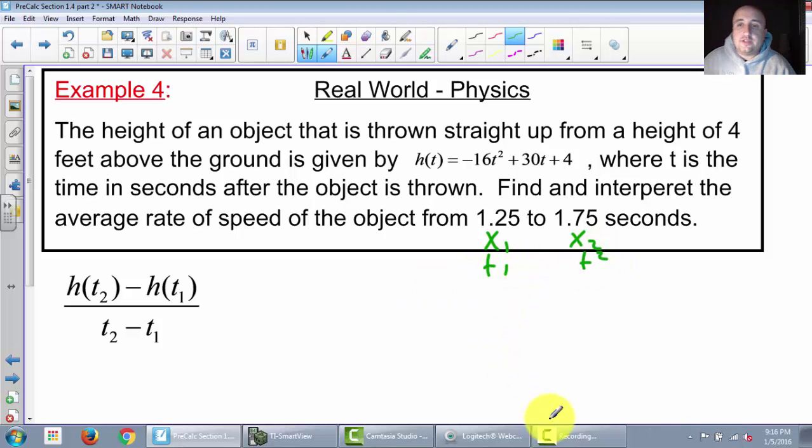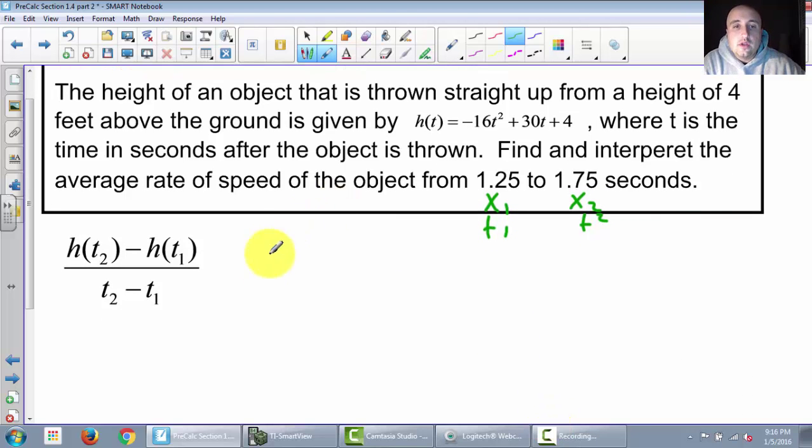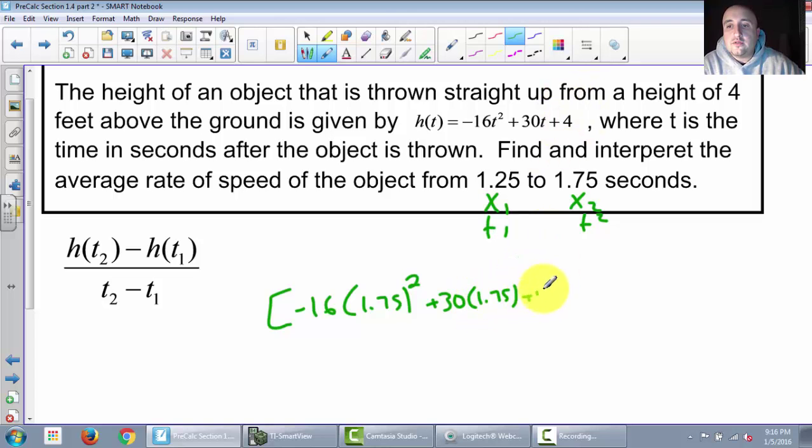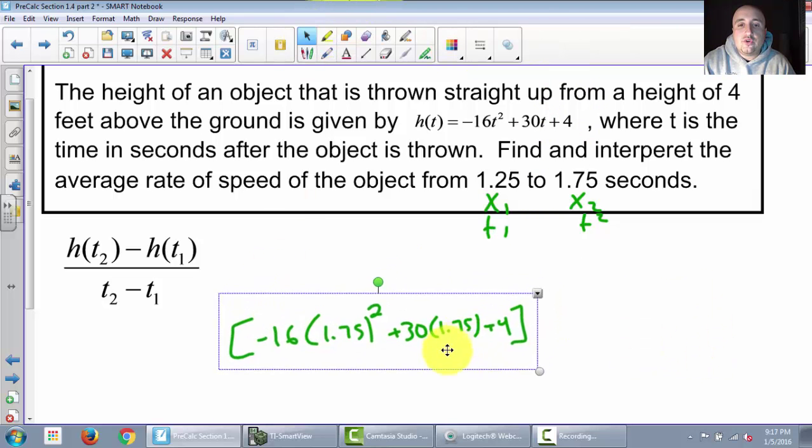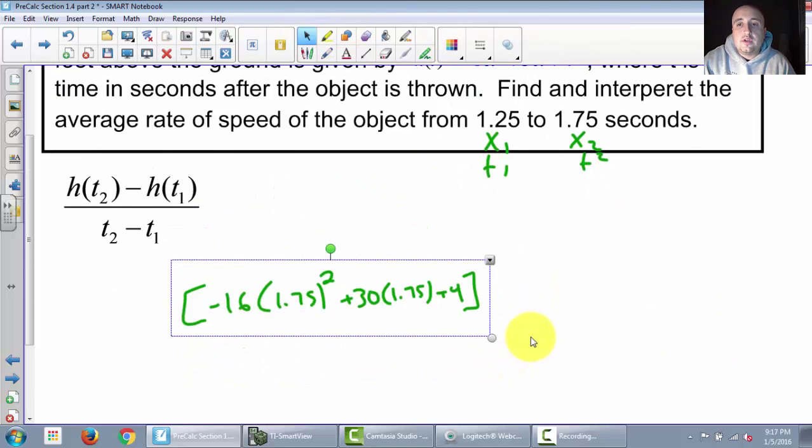All right, so let's do the problem. Our first thing we have to do is plug in t2 into our function. So bracket -16 t squared, so 1.75 squared, plus 30 times 1.75 plus 4. Okay, so that's our left-hand part. I'm going to slide this over so I have a little bit more room. All right, so